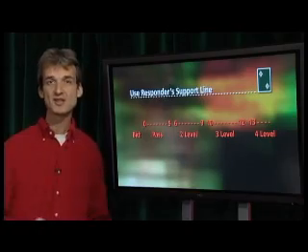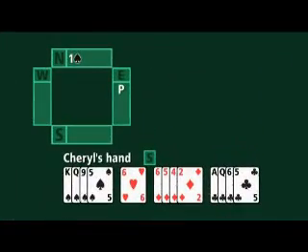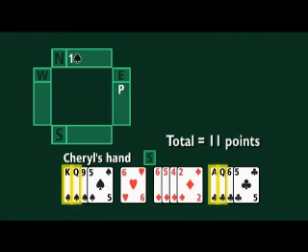So let's return to the table now. Now, if Cheryl had this hand, 11 high card points, 4 card support for partner's spades, but crucially with a singleton in hearts, she should mentally upgrade her hand, and rather than bid 3 spades, which would show between